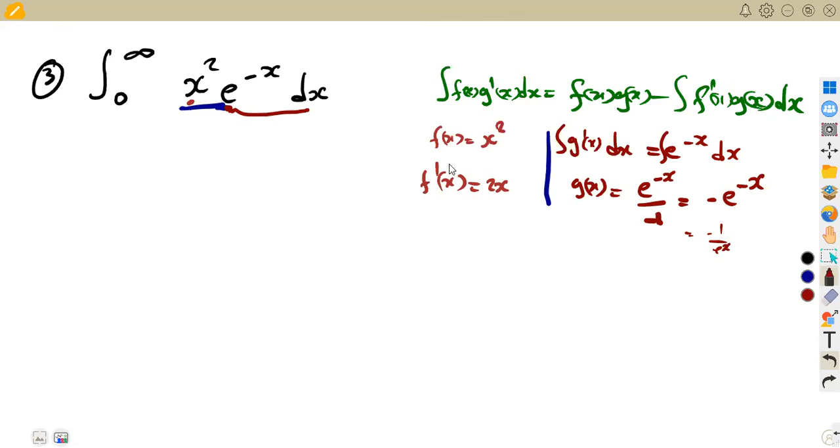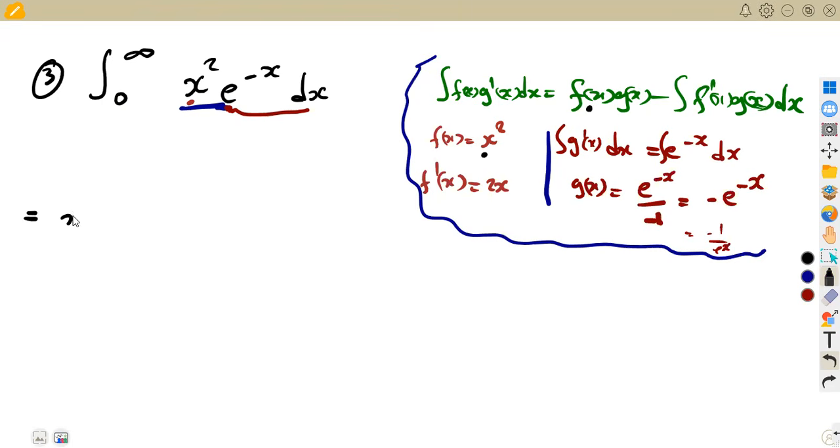All right, so this information, we are going to substitute this whole part that we have here. This is where we are going to substitute. So we're going to have the integral. This whole integral is going to give us f of x, which is x squared. So we're going to have x squared times g of x. Our g of x, we said, is minus e to the exponent of minus x in this case. All right, minus. So we move on here, minus the integral of